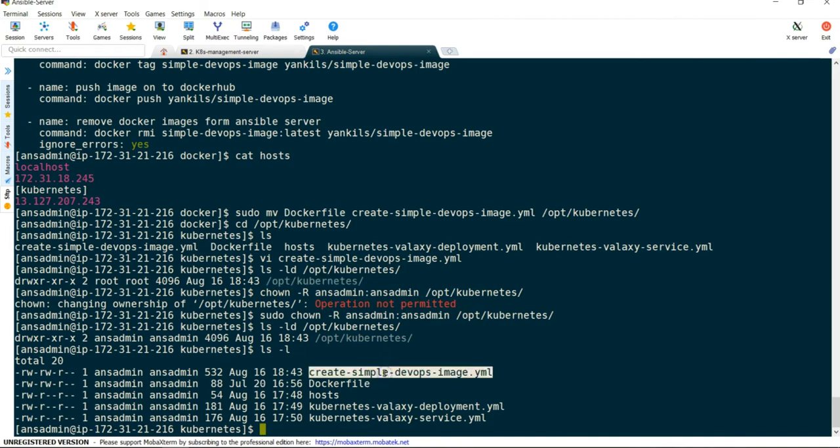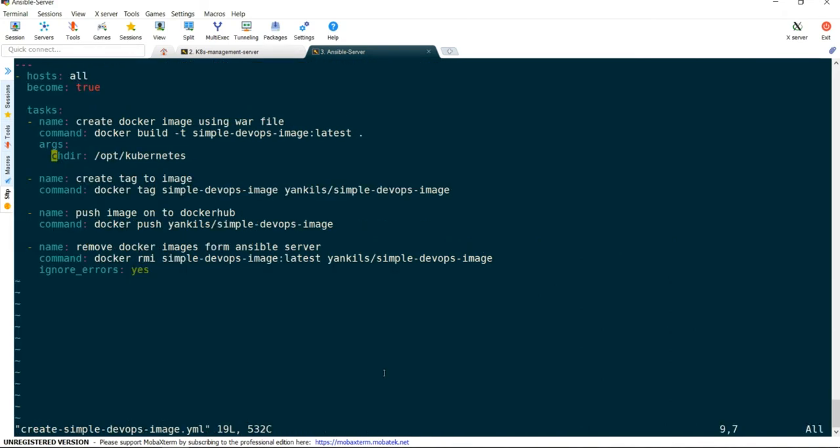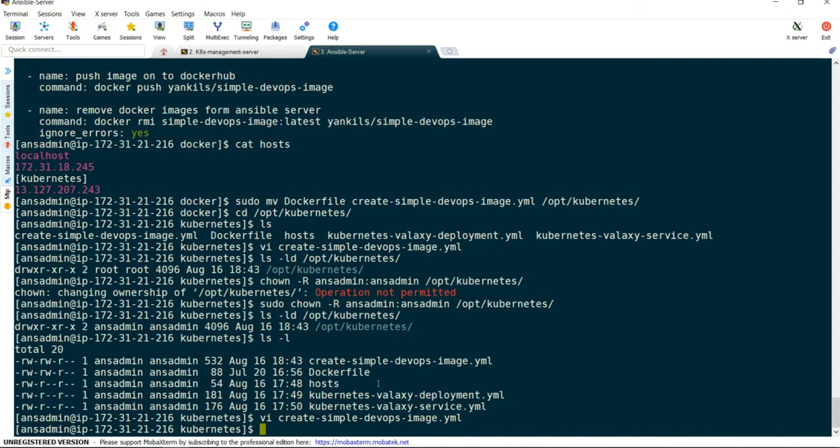Also, our playbook file we can modify a little bit. Instead of all, we can specify the Ansible server. Earlier we were specifying all over here, and also we were limiting execution to only localhost.